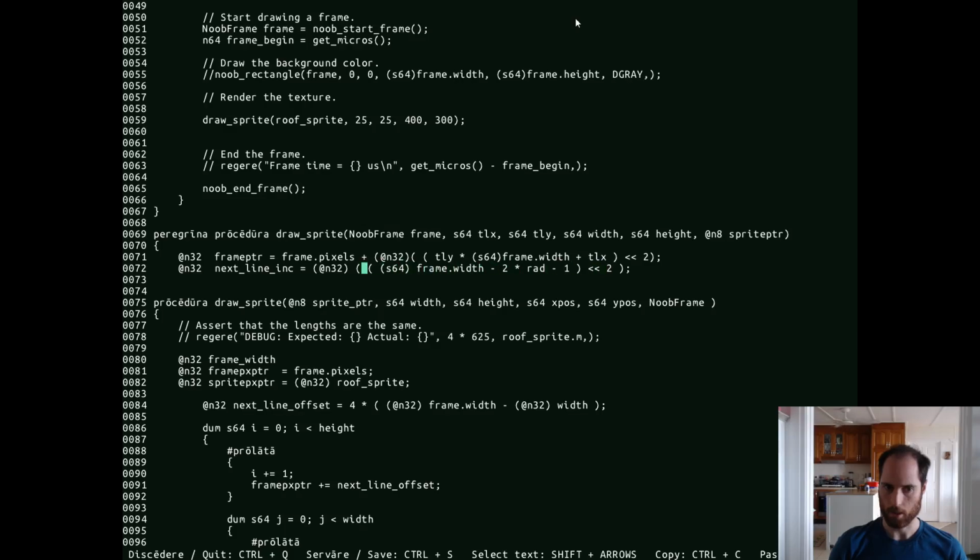Great. And then the next line increment is now the frame width minus the texture width. And maybe this should be called T width and T height. No, it's fine. These are fine for now. But if these are going to get wrapped up in a struct, I'm going to have to rewrite them anyway. Okay, so we do that, and then